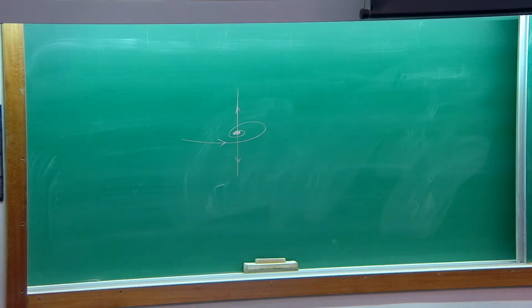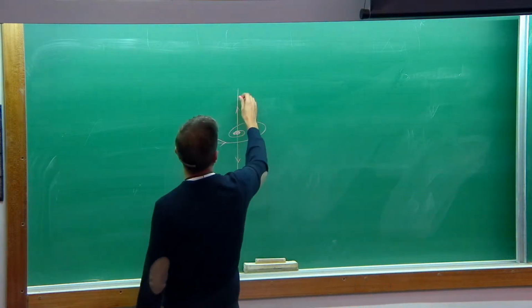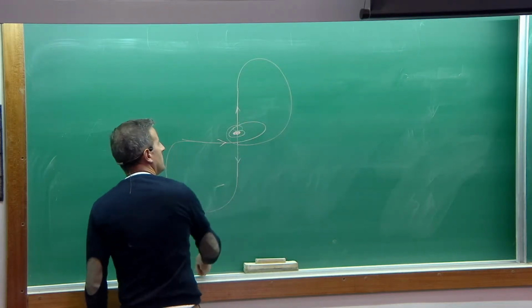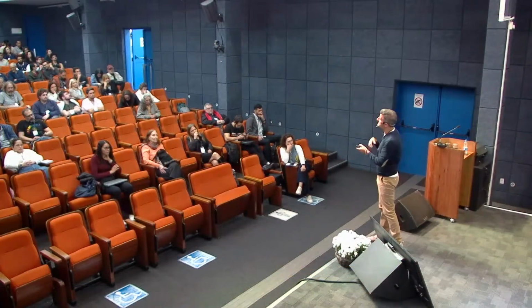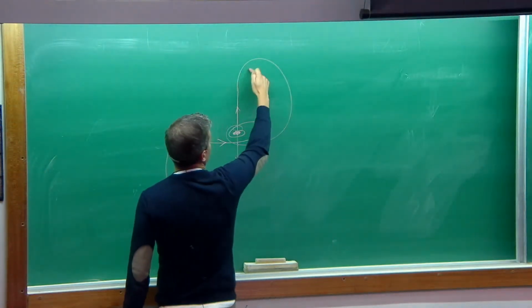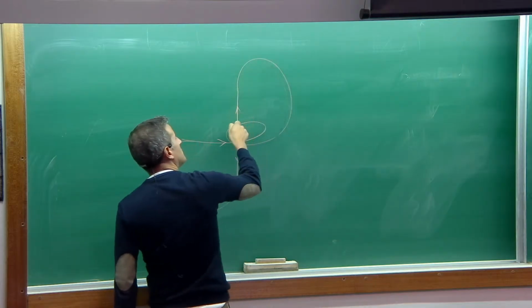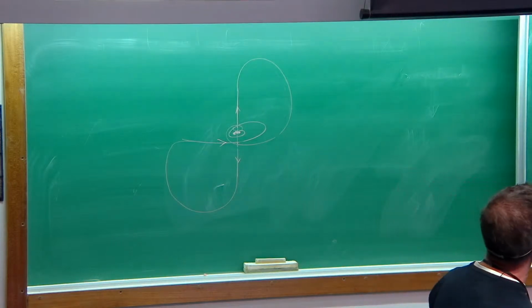There exists a double homoclinic connection. This is a term in dynamical systems, but basically I'm going to assume that I have a situation like this. This is a double homoclinic connection. A homoclinic connection is an orbit that goes to O in positive and negative time. This is a homoclinic connection because when time goes to plus infinity, I approach O, and when time goes to minus infinity, I approach O as well. Is it okay? So this is the first hypothesis.